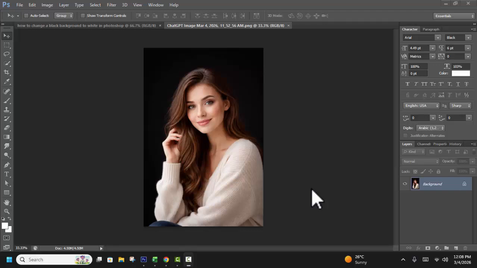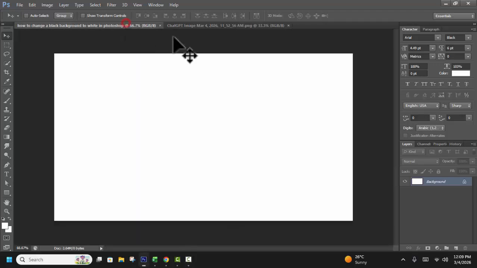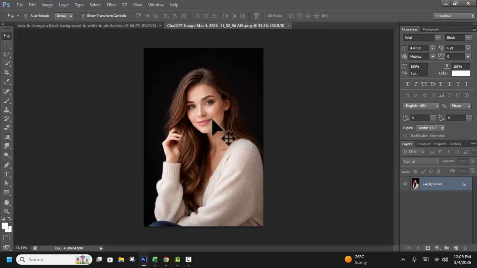Hello everyone, in this video I'll show you how to change a black background to white in Photoshop step by step. Step 1: Open your image